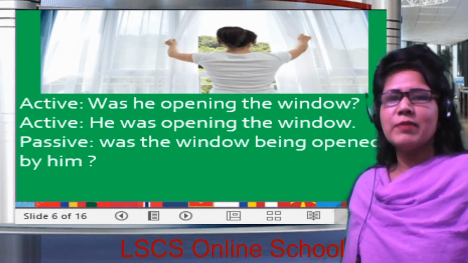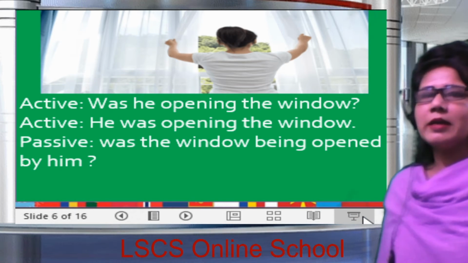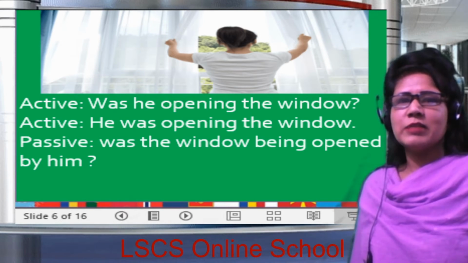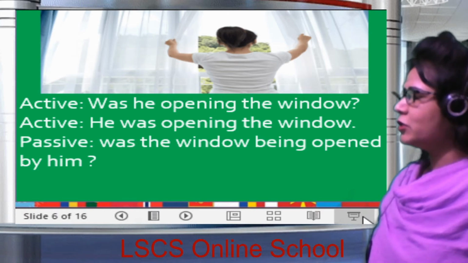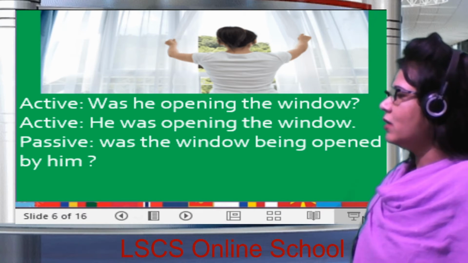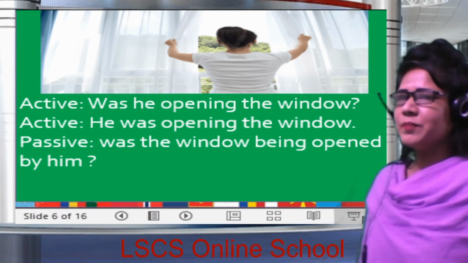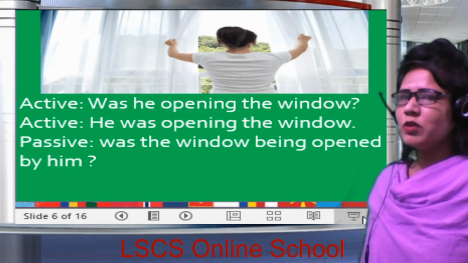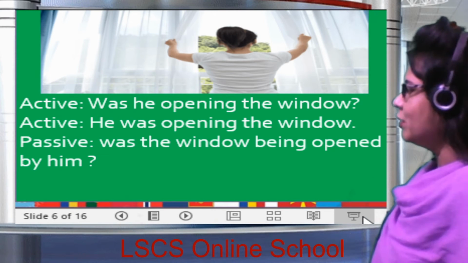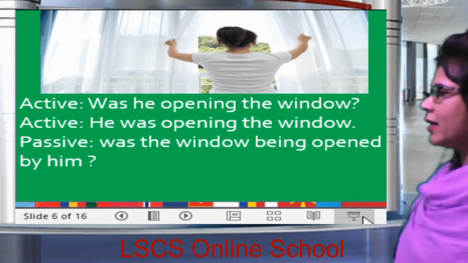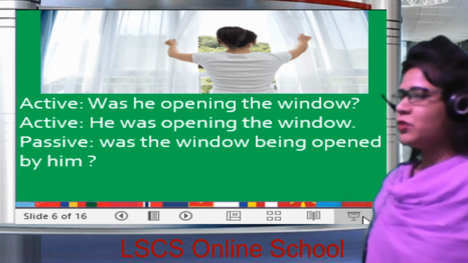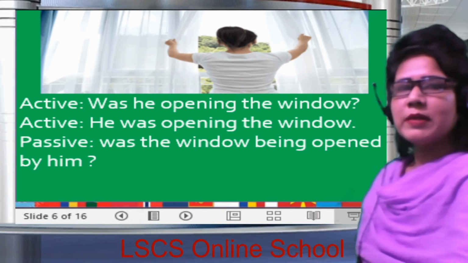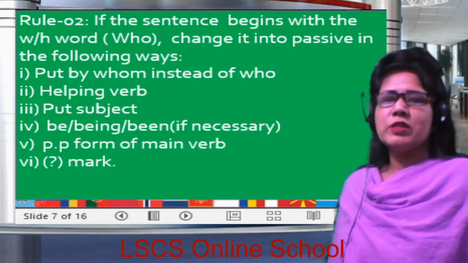এই সেন্টেন্সটা আমরা হেল্পিং ভার্ব দিয়ে শুরু করেছি। সো আমরা এটাকে প্রথমে অ্যাসার্টিভ সেন্টেন্স আকারে সাজাবো। সো হি ওয়াজ ওপেনিং দ্য উইন্ডো, dear students. This is active also. It is an assertive sentence, dear learners. So now we will change it into passive, dear students. Was the window being opened by him? So আমরা সাবজেক্টের পূর্বে এখানে হেল্পিং ভার্ব ইউজ করেছি, ডিয়ার স্টুডেন্টস। এইভাবে আমরা সেন্টেন্সটিকে চেঞ্জ করতে পারি অ্যাক্টিভ টু প্যাসিভ ডিয়ার লার্নার্স।